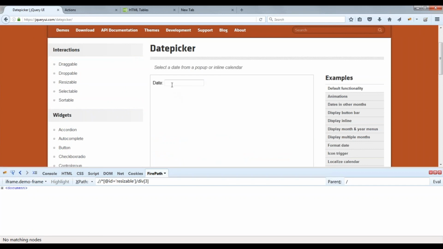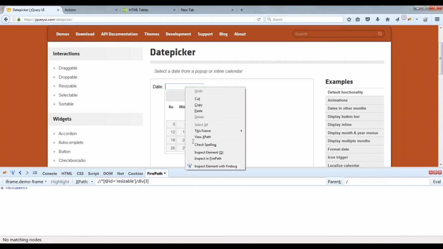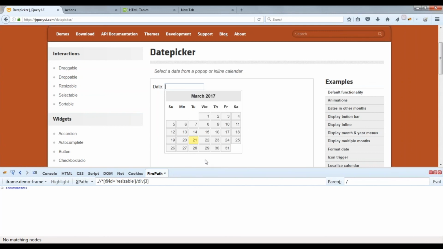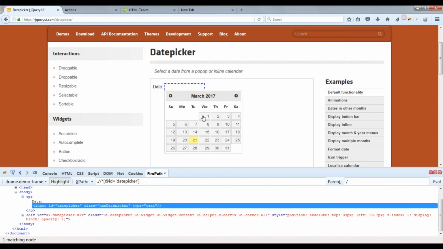Yeah, so you can see here, this is an input field, and once you click on this input field, the calendar is displayed.